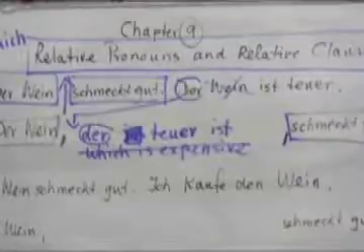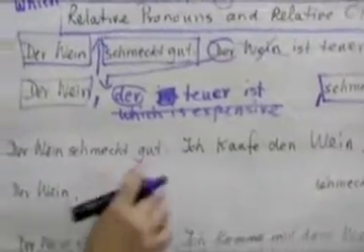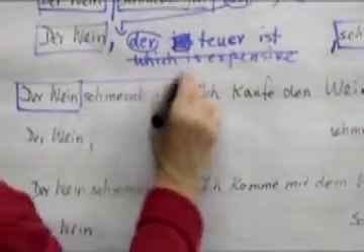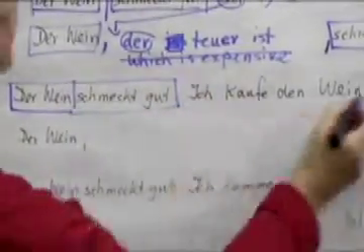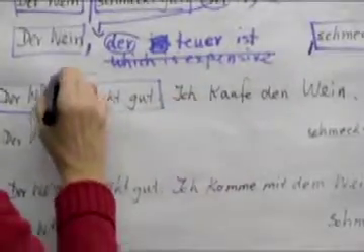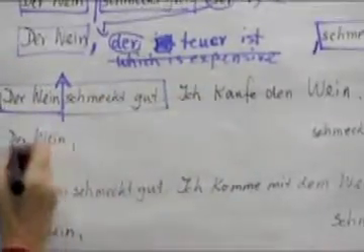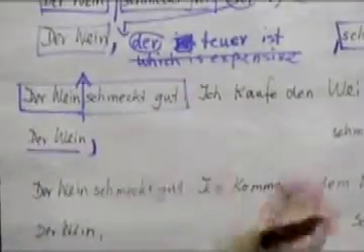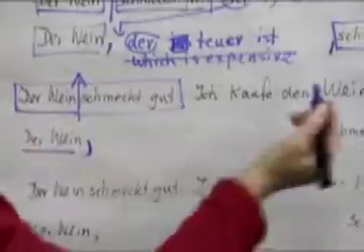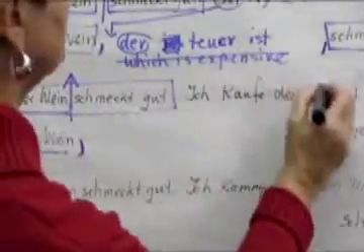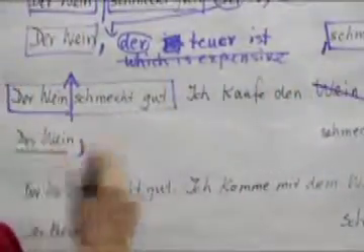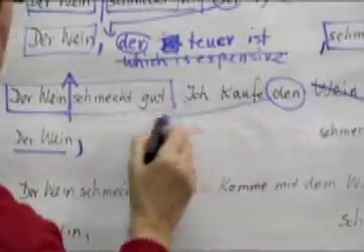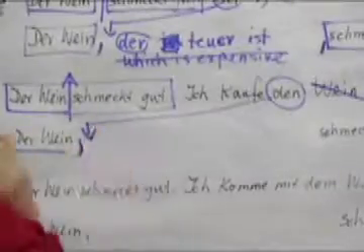Let's look at the sentence. Der Wein schmeckt gut. Ich kaufe den Wein. Okay, here's our original sentence. Der Wein schmeckt gut. Now we want to stick this sentence in between here. All right, so der Wein, here we go, comma. Now, which word is the same as in the first sentence? Wein, right? Wein, Wein. So we don't need the second Wein. Strike it out, but we need the article because this article is going to change into a relative pronoun. And we put it after the comma,